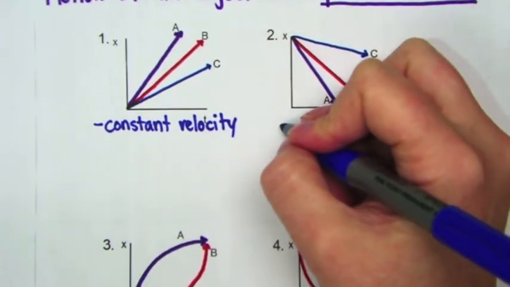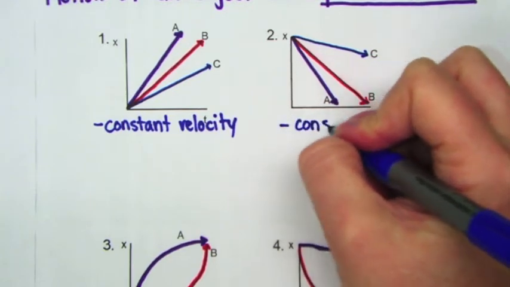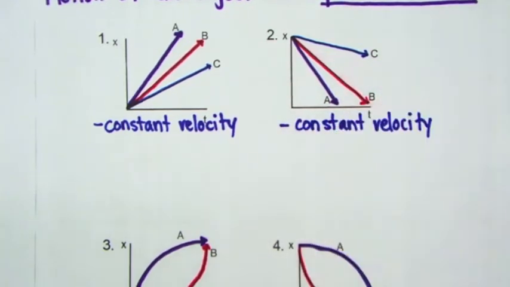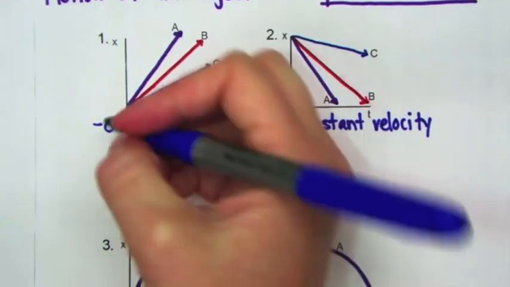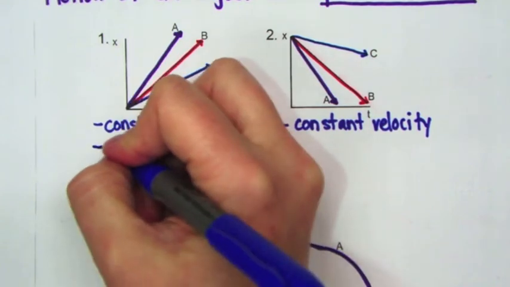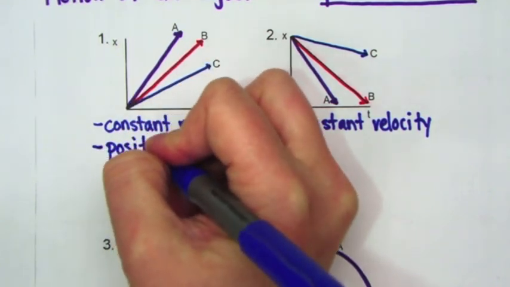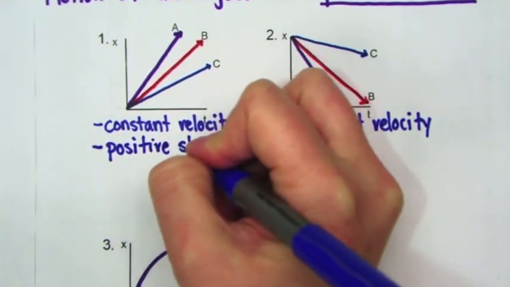In graph number 1, you'll see that all 3 lines have a positive slope. If I have a positive slope, then I know the object is moving in the positive direction. If we are in a horizontal plane, I know that